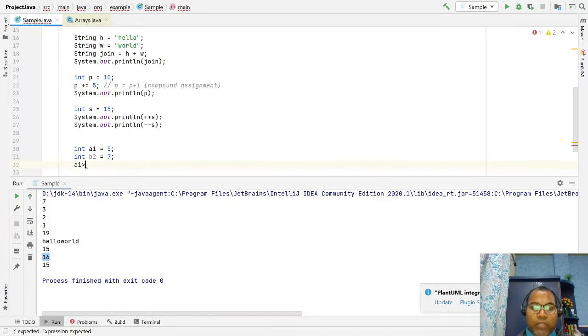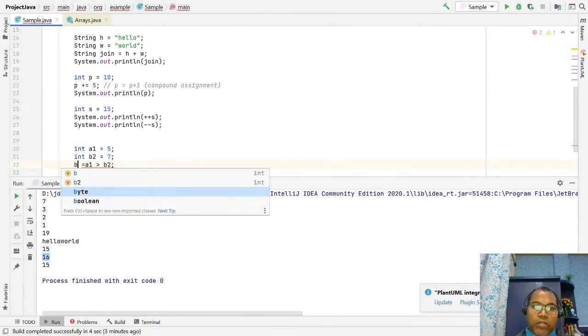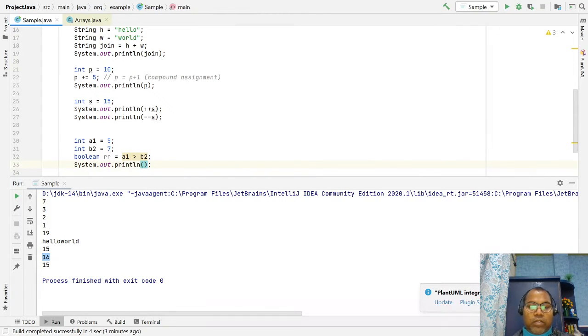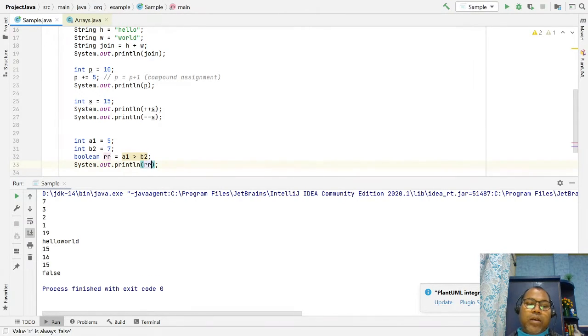What is the result of this? The result would be a condition, true or false, a boolean result. You can apply the conditions and the result would be true or false. So this greater than check gives false.